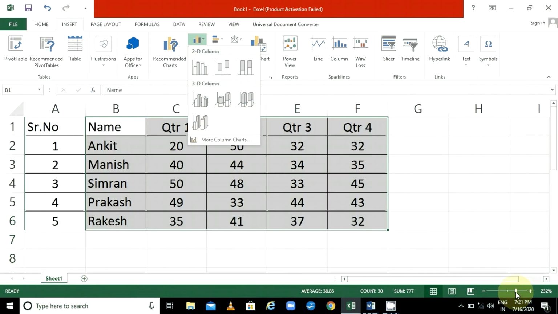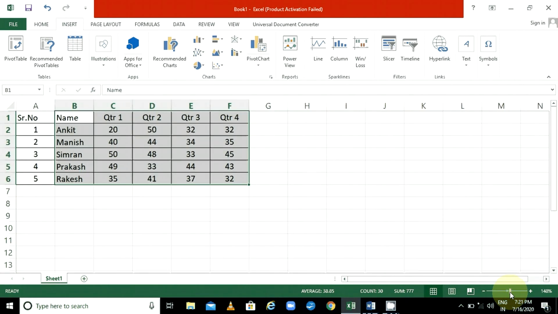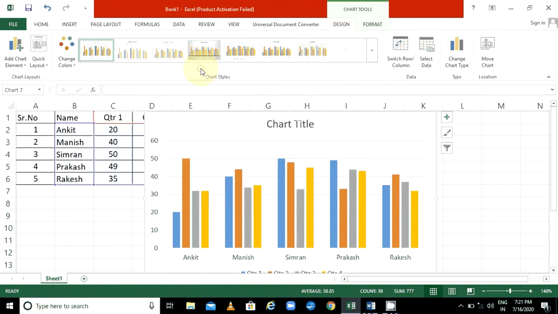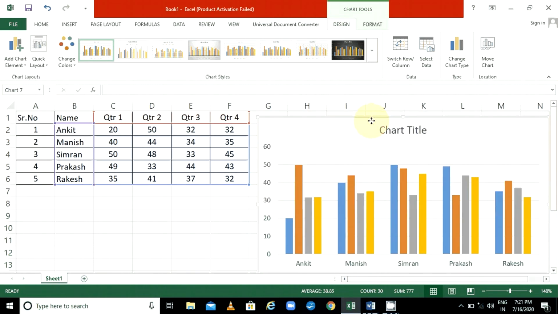So let me zoom out, so you can understand how the chart is displayed on the Excel sheet. See, this is the 2D one. So in 2D, now let me see data and chart both. See, here the data is plotted on the plot area. In the plot area, you can see this area is known as plot area, where these bars are coming, vertical bars are displayed.